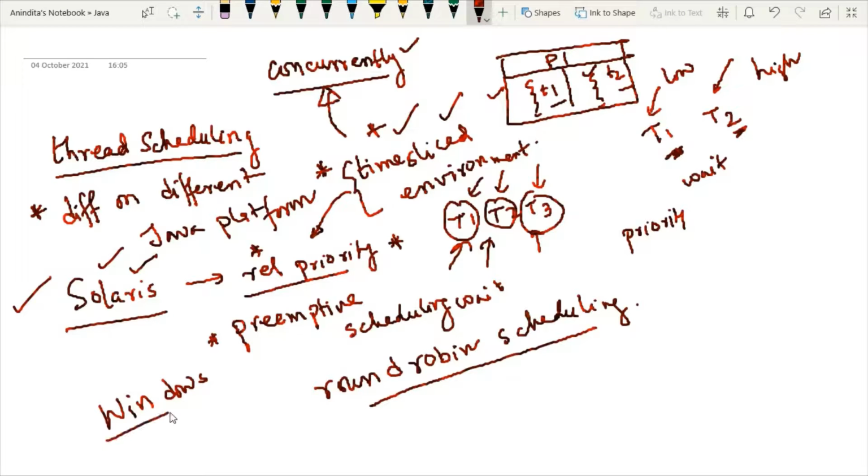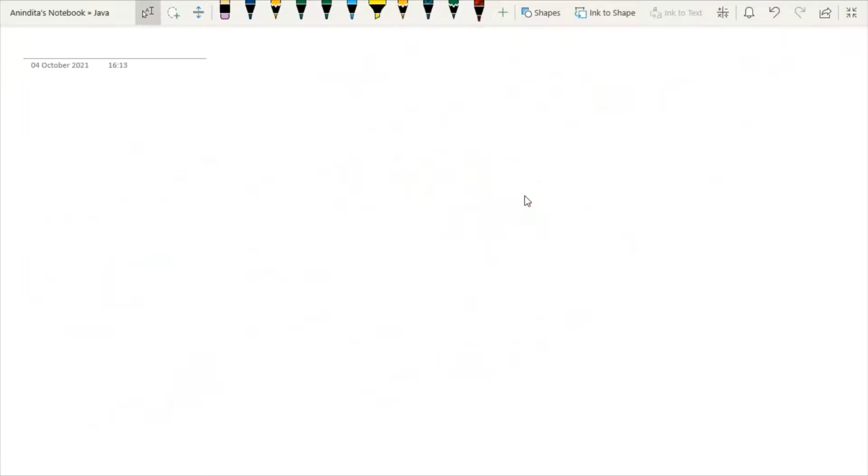Since we are working on Windows, one thing you have to keep in mind is that Windows uses time slice based scheduling, also known as round robin scheduling, where whenever we have multiple threads, each and every thread has a particular time slice assigned to it. Now let me draw one diagram.